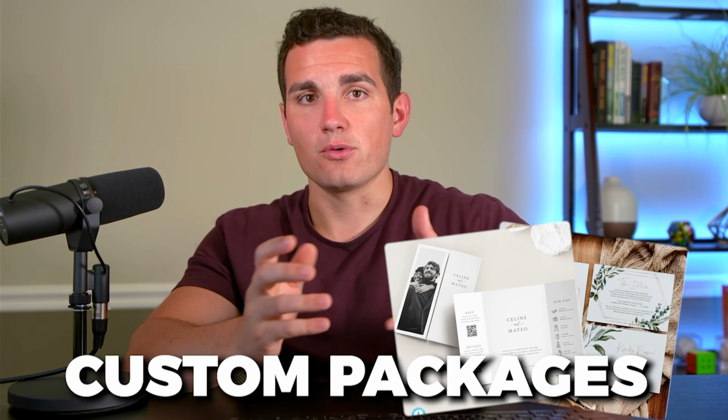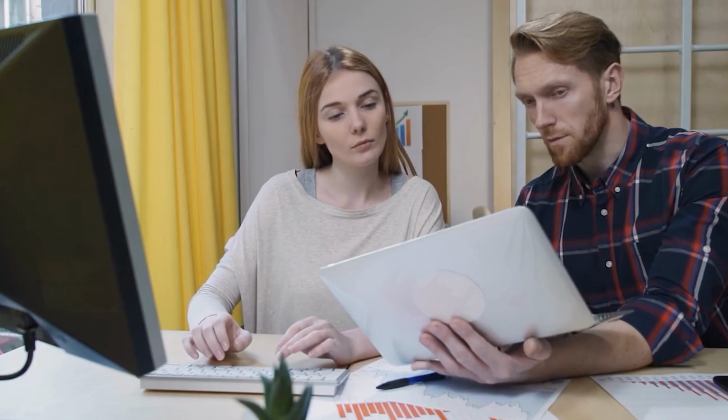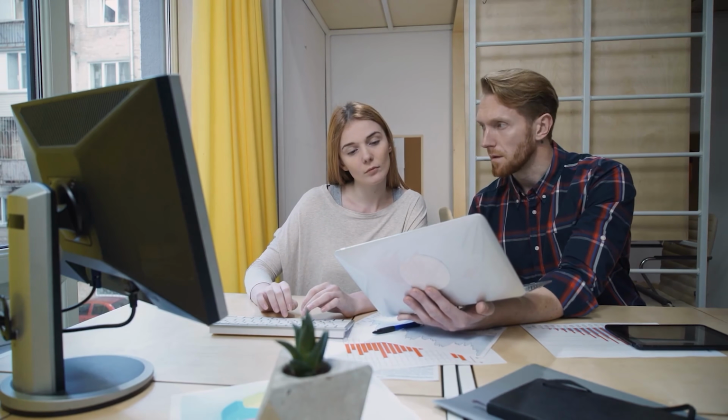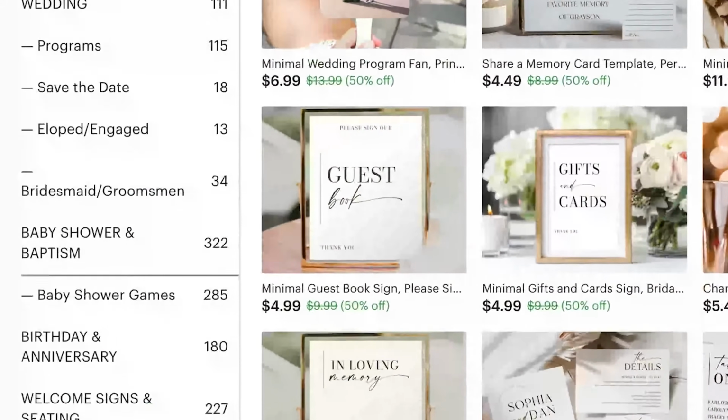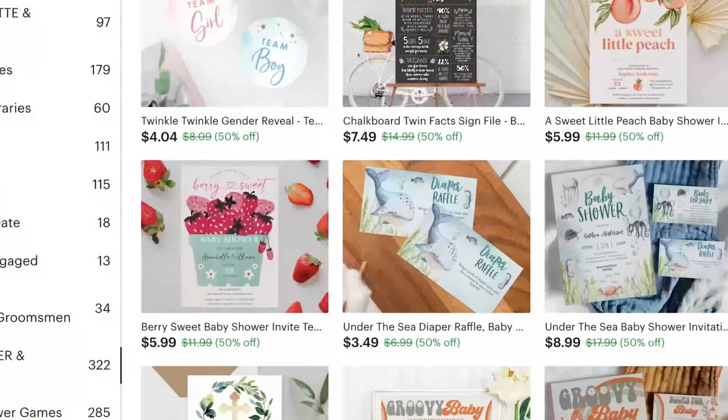Then a few other ways you can monetize a business and a product like this is, number one, instead of just selling templates, you can offer custom packages for couples who are planning their weddings. So this means you could do custom jobs that command a much higher price point and do full packages that includes everything, all of the design that they could possibly need in planning for their wedding. Then, as you saw in some of the previous examples, this doesn't just stop at weddings. People send out invites for everything from baby showers to bridal showers to graduation parties. So you can expand your niche into all different types of events and come up with your own catalog of